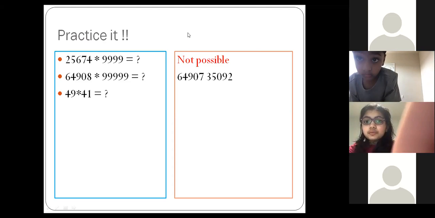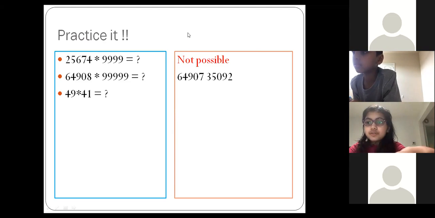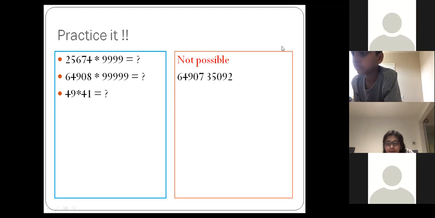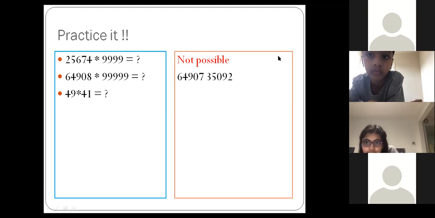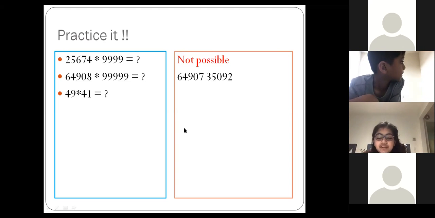What will be the answer? Write the answer in the chat box. Be careful in writing the answer. Don't be in a hurry. I want to get the answer correct. Okay, let me see. Very good. 4 5s are 20, 9 1s are 9, and 9 is written as 09. Great, very good.